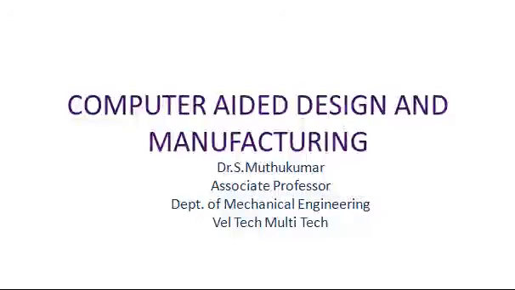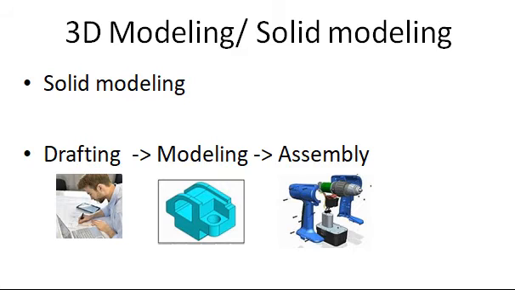Students, today we are going to see about geometrical modeling, which is in the computer design part. So we shall see one by one what these aspects of computer design are. To start with, we must understand the word 3D modeling, which is nothing different from solid modeling. If we say solid modeling, it refers to a three-dimensional body only.